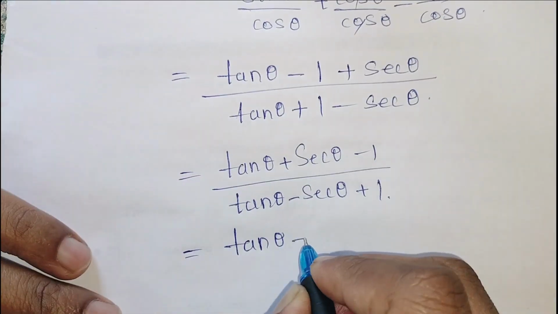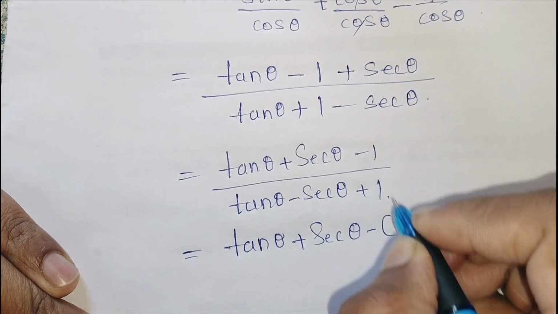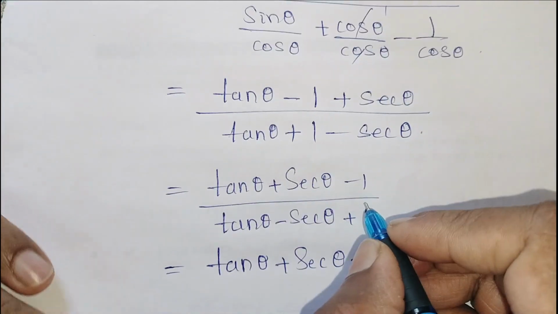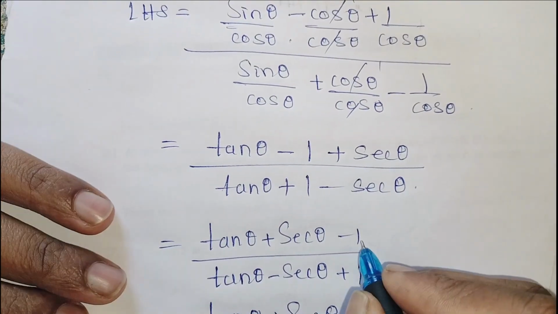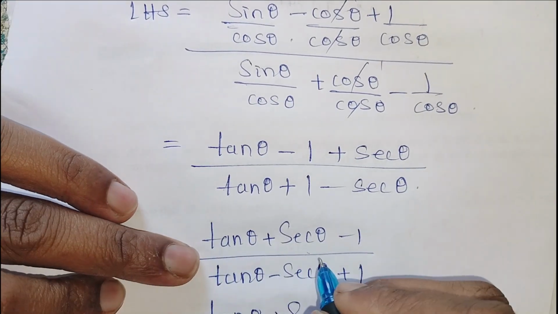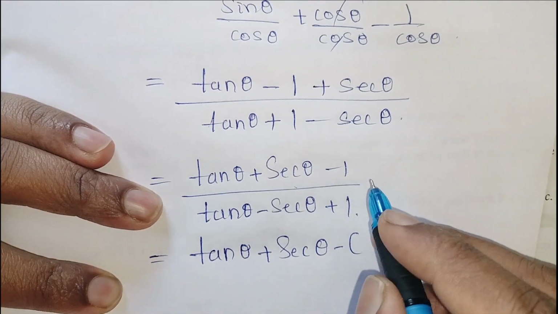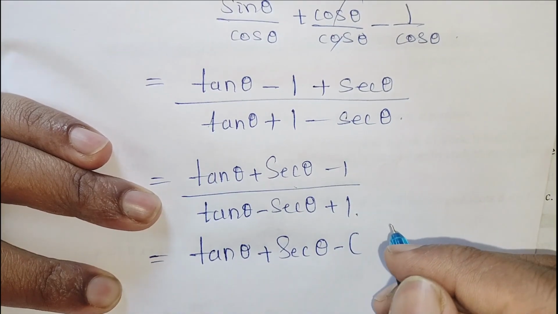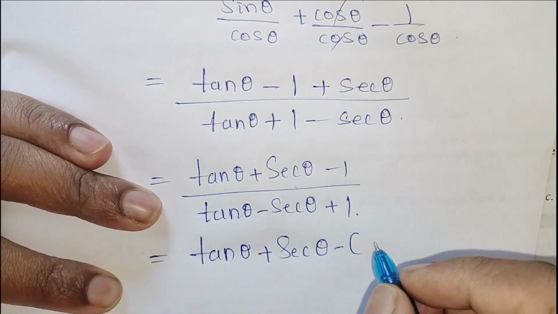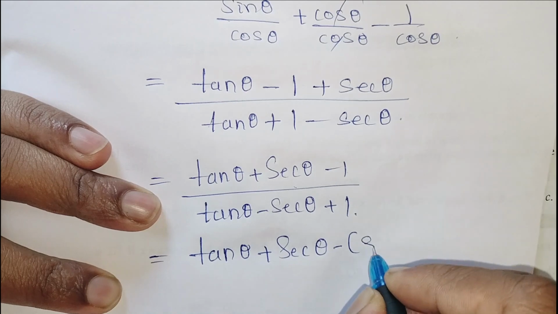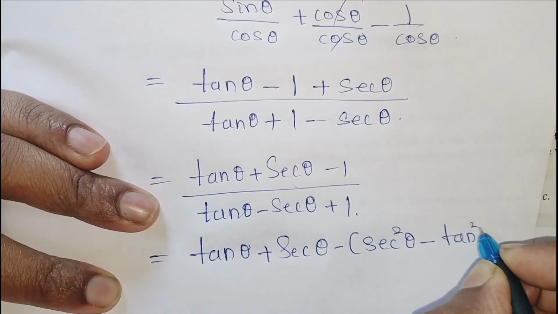So for that we have to replace this 1, and we can write this 1 as, we know that it can be written using a trigonometric identity, that is 1 plus tan square theta equals sec square theta. Okay, for that, 1 can be represented as secant square theta minus tan square theta,